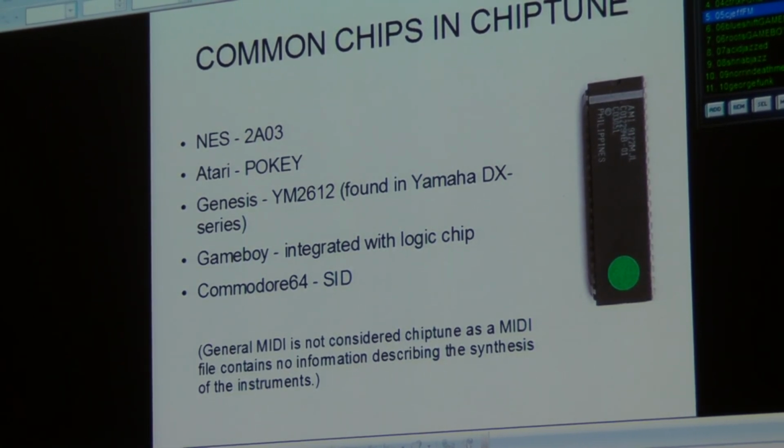with the NES, they have this thing called the Power Pack, or MIDI Nest. People created their own tools to actually take advantage